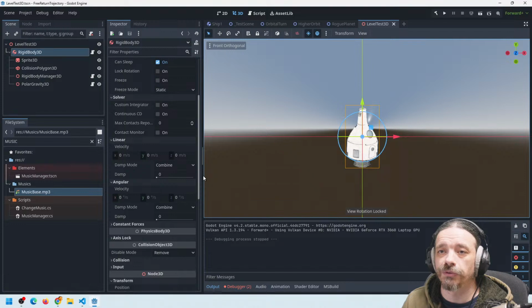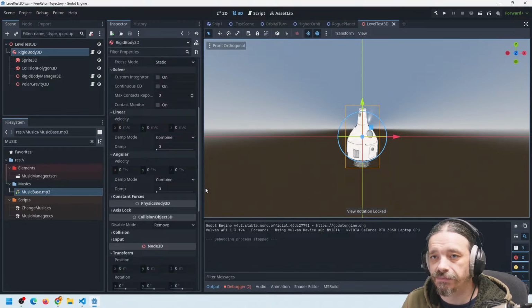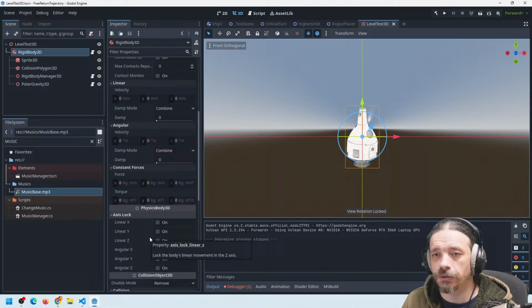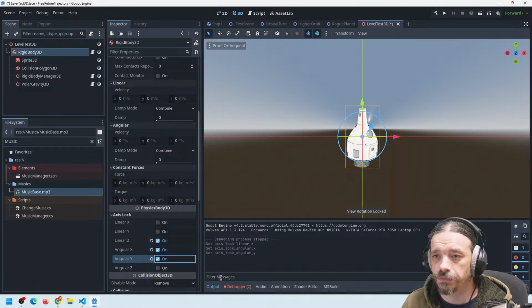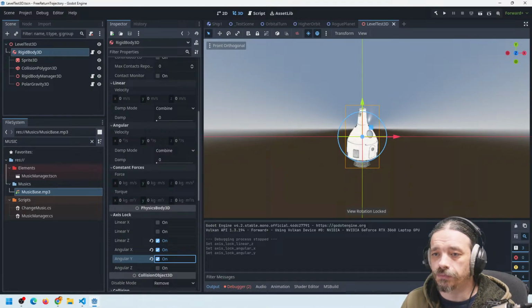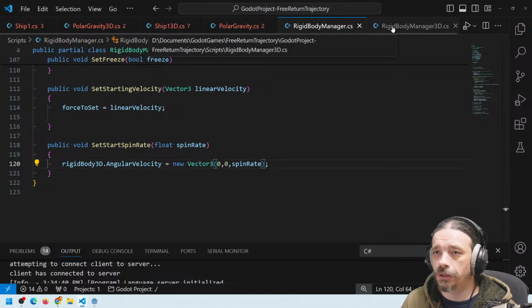So maybe I need to brute force that, which is not the best solution. Constant forces. Oh, it's here. Axis lock, okay. So I want linear z locked, it doesn't move on z, and it doesn't rotate on x and y. Nice. Very nice. Okay. So let's return to the script. Rigid body